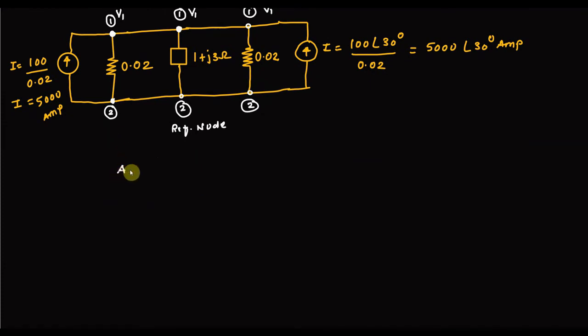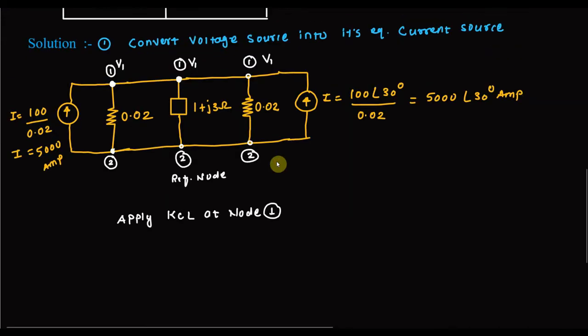Okay. So now we have to see how to apply the KCL. The next step is to apply KCL at node 1. Okay. Now KCL says that the algebraic sum of currents at the node is equal to 0. Summation of all the currents at the node is equal to 0. So you can see that this current comes here and this current is divided, one will go here, another will go here. Similarly, one current comes here and this current will go here. Right. So it is like that.